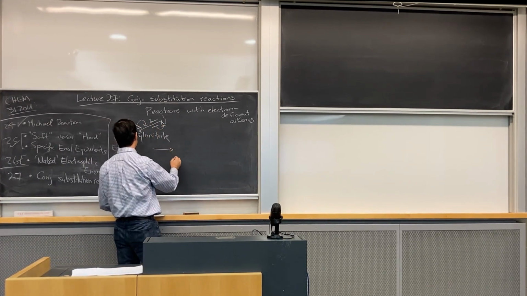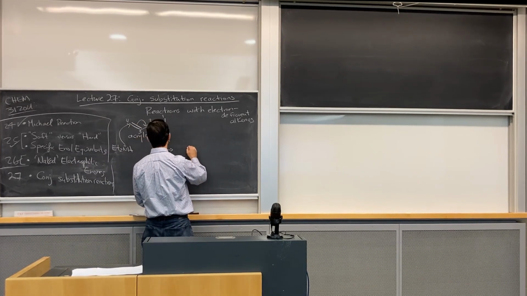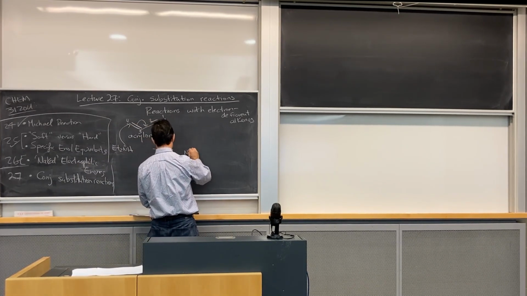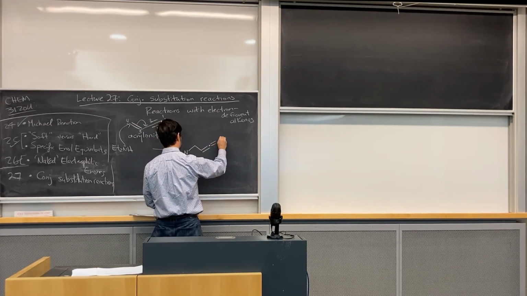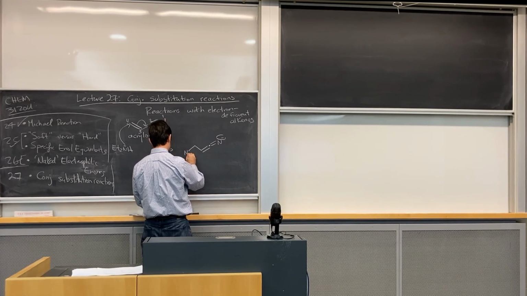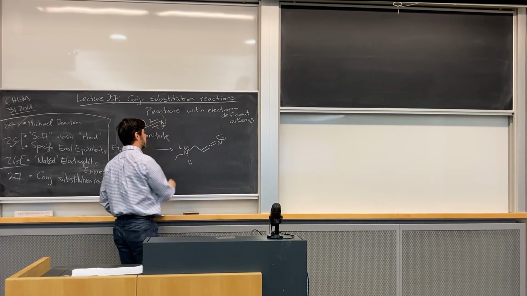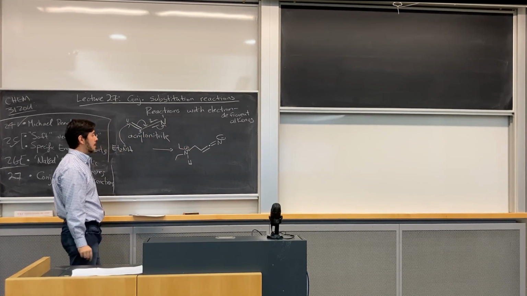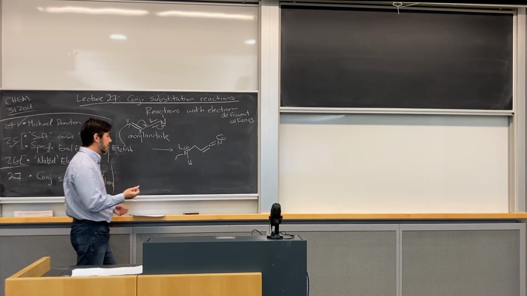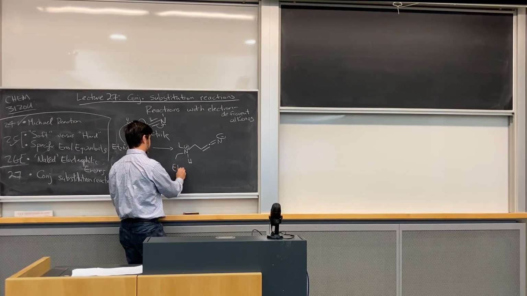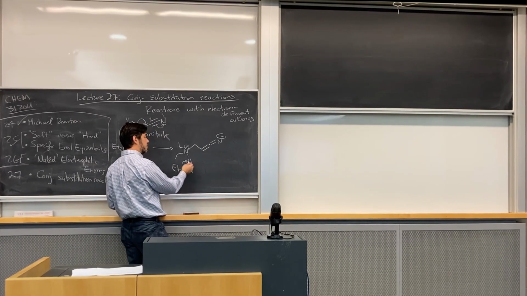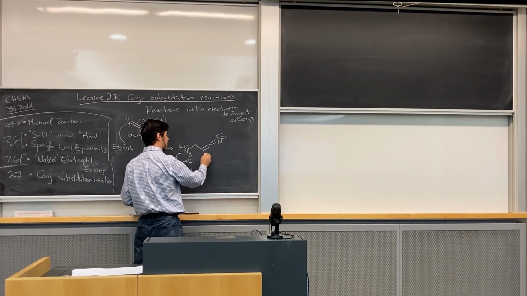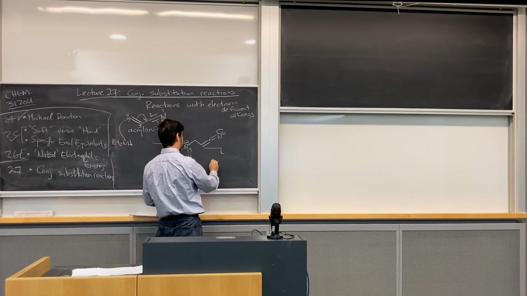So if that happens, we are going to get your nitrogen is now positive. And we're going to now do a proton transfer. So you can imagine the diethylamine is actually also an appropriate base. So now you're going to have